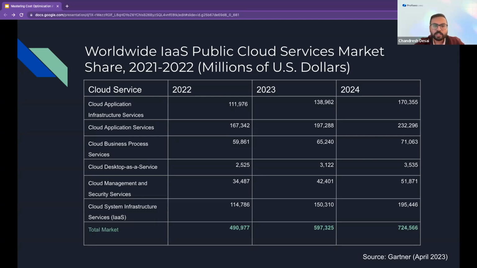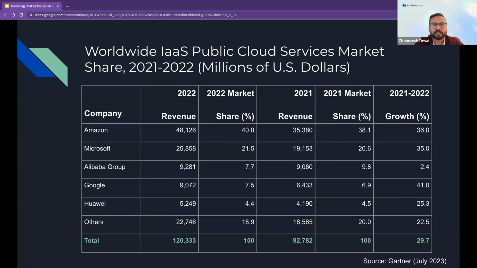As I mentioned, this year, 2023, the forecasted market is almost $600 billion, and next year it will go to $724 billion, which is quite good progress on the cloud as well. And I believe in the next couple of years it could be a $1 trillion market in cloud environments, which is a great thing.